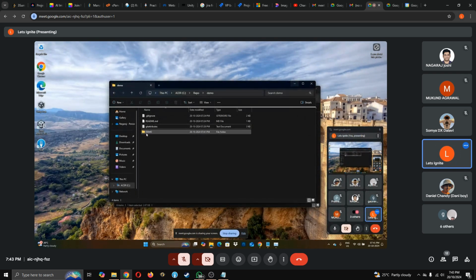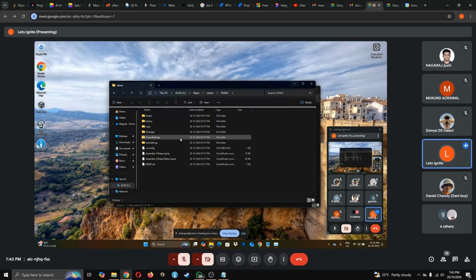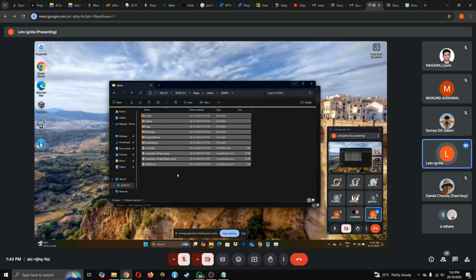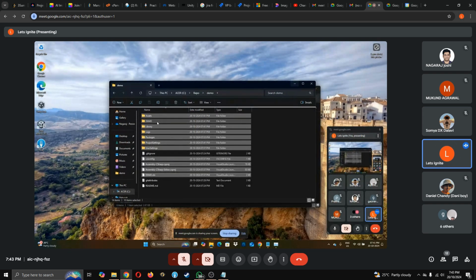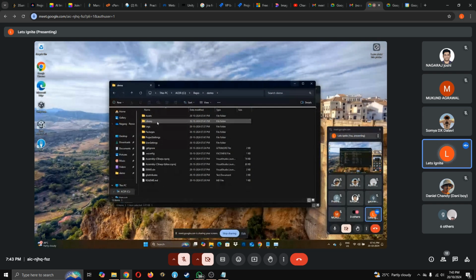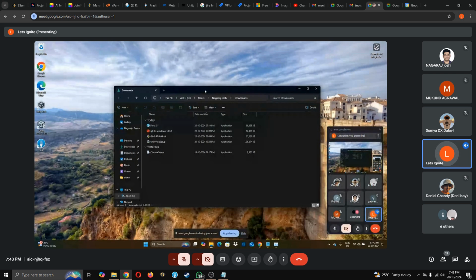Okay. So this project should not be created inside this repo folder. This thing should be inside this repo folder. Only then that ignore files will work. We will have to take this demo out from here. Okay. Yeah. Now when we go back